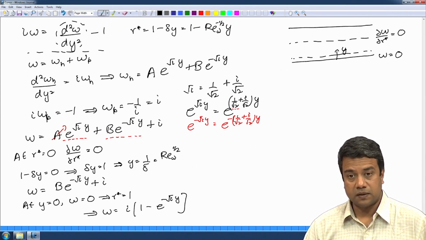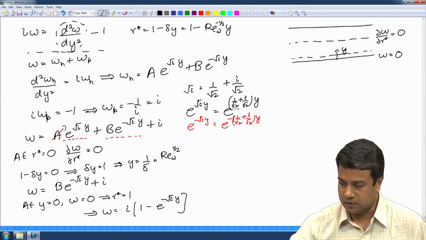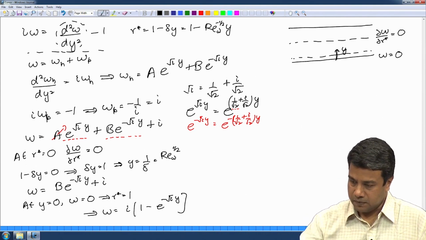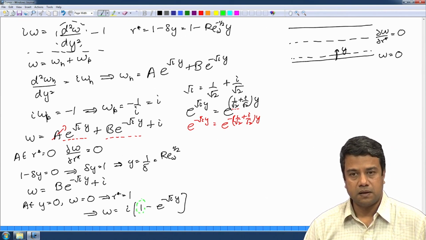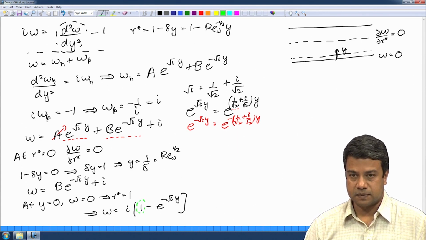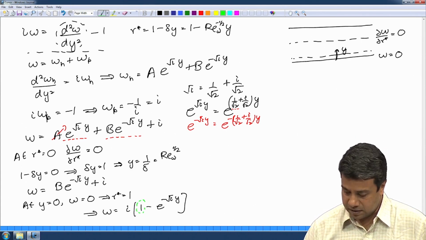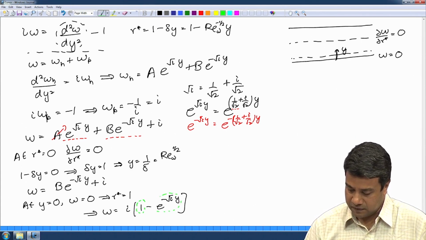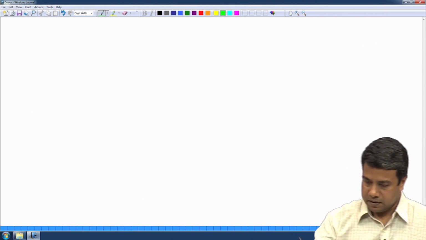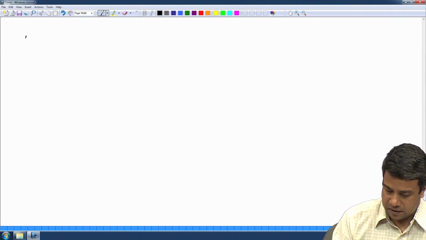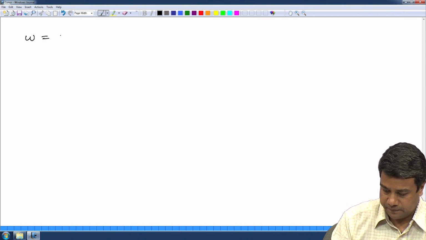Note that we recover, in the limit as y goes to infinity, as in the bulk of the flow, when you go outside of this boundary layer, the solution that we had originally got when we neglected the viscous terms. We get this additional correction to that only very close to the surface. So, if I go back and I write my function w in terms of